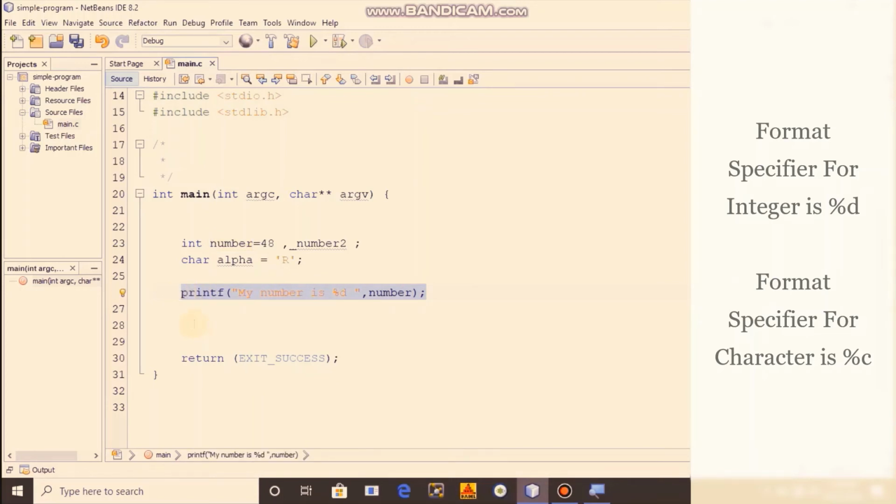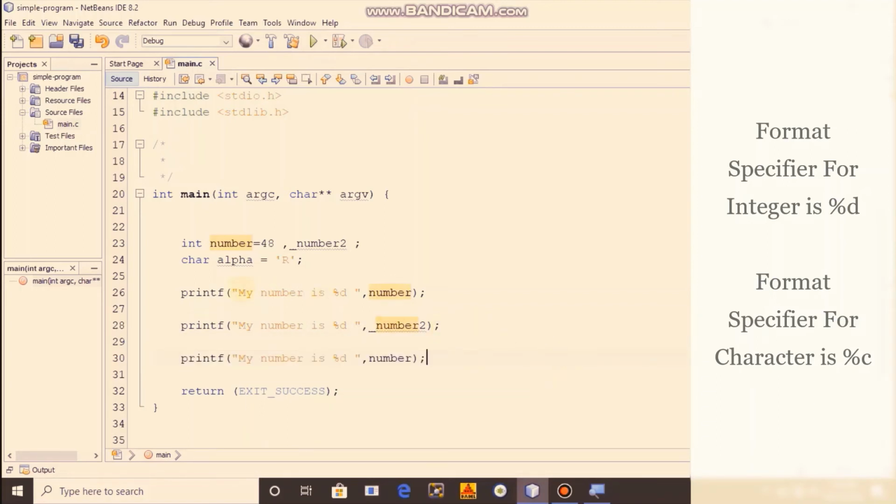Let's see what output this will give us. Just change it with the underscore I have used. The third command I am going to give is for characters: my alphabet is. For characters we have to use the format specifier %c.